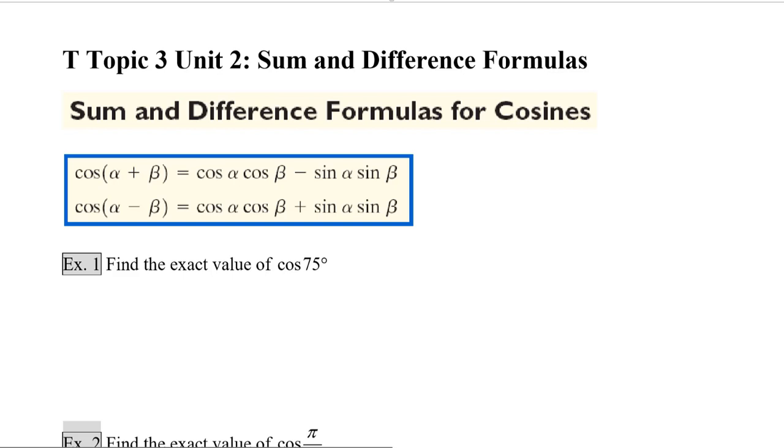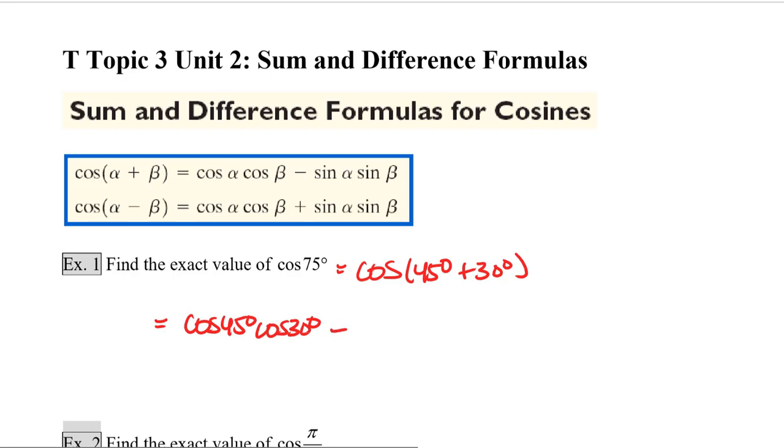Example 1, find the exact value of the cosine of 75. Well, if we're going to use a sum and difference formula, we have to figure out what two angles on our unit circle add up to 75. Well, that is going to be the same as the cosine of 45 plus 30 degrees. So I'll put this into the formula, and this becomes cosine 45 cosine 30 minus sine 45